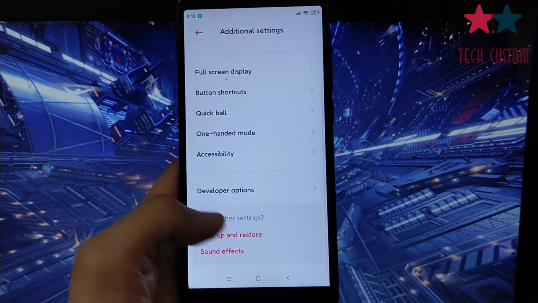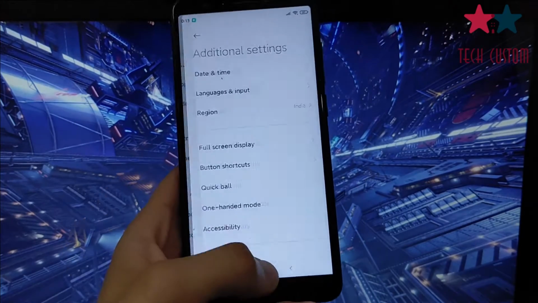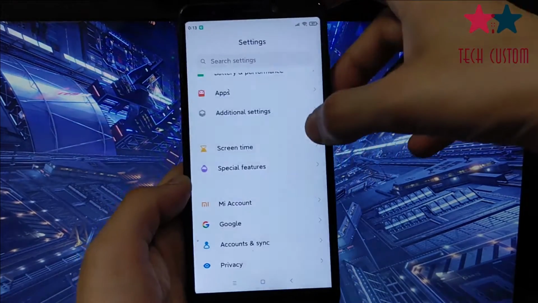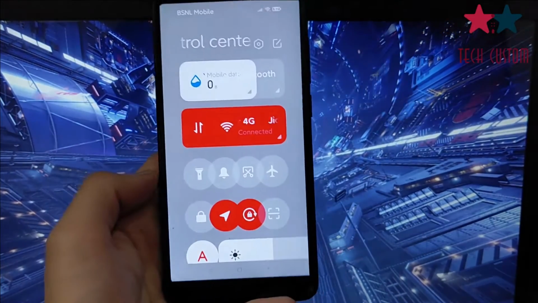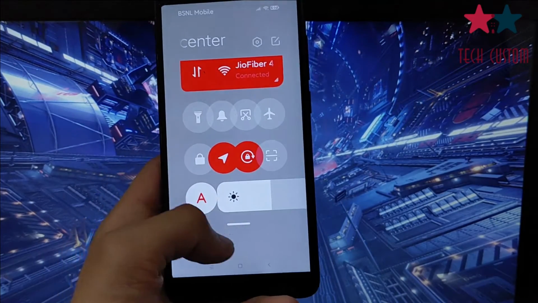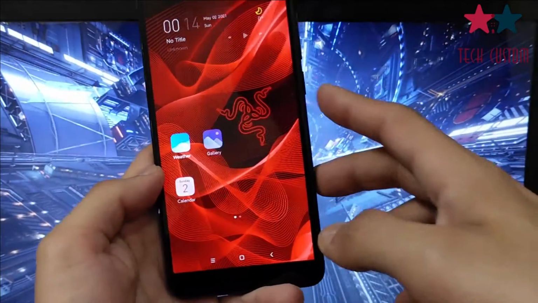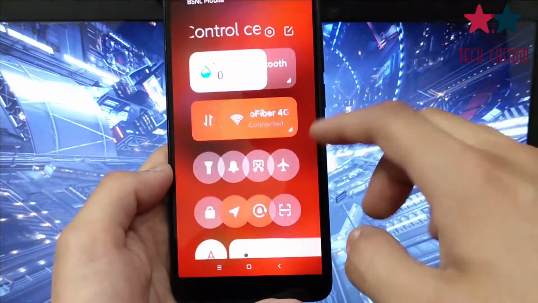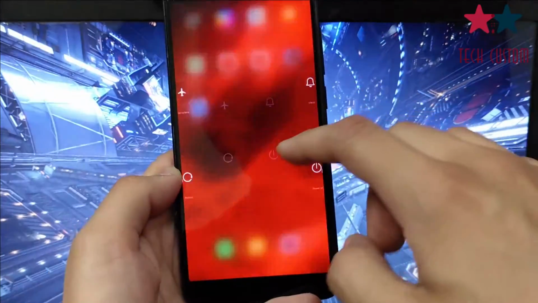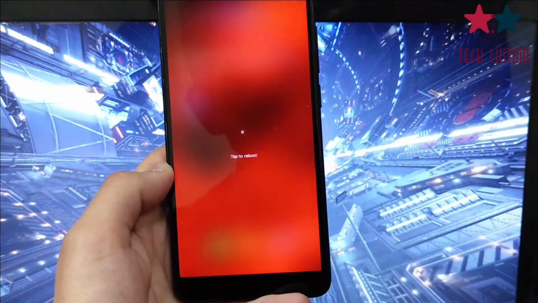As you can see, you will get the accurate DP right now. It is working perfectly fine. Now let's check the status bar also. Basically, there is still a bug in the status bar. If you want to fix that bug, you have to restart your device. So now let's check it after restarting our device.